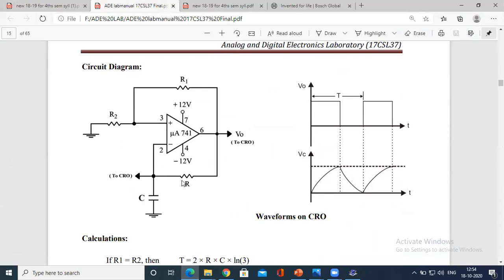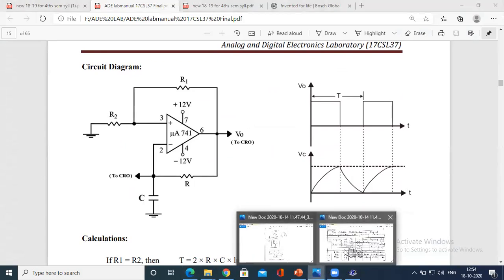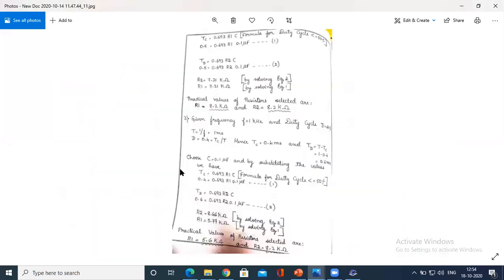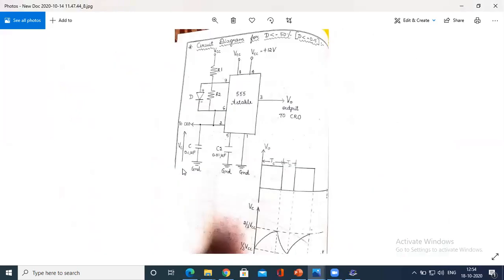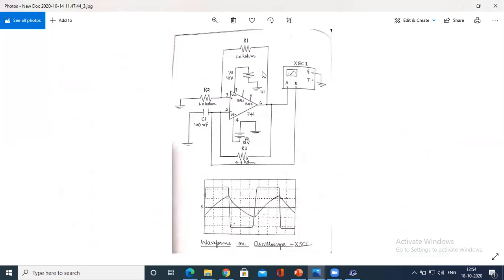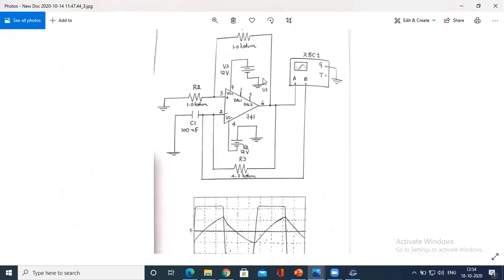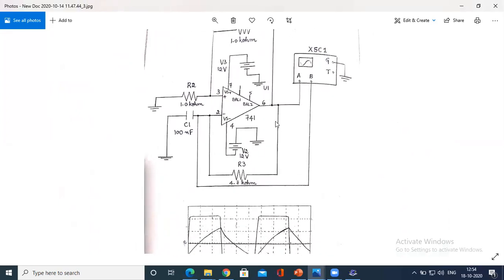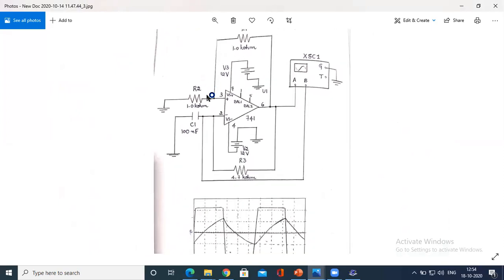The final value R is being calculated. Still, if you have a doubt, you could see this circuit diagram. Yes, this is the diagram you have. You can refer to this. See the circuit diagram over here, R1 value 1 kilo ohm, R2 value is 1 kilo ohm. So you have the calculated value 4.7 kilo ohm in between 2 and 6.